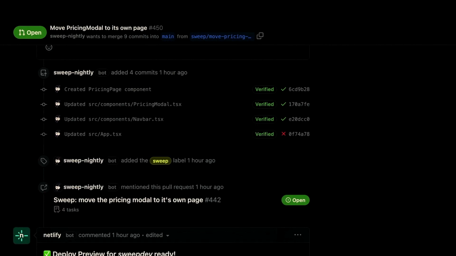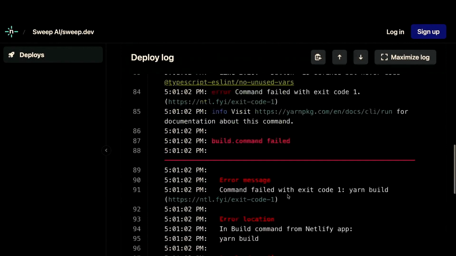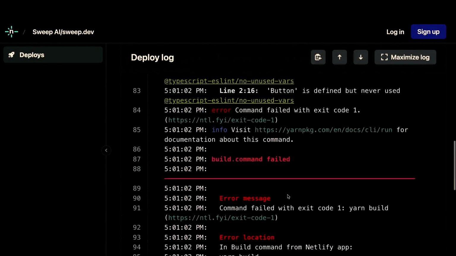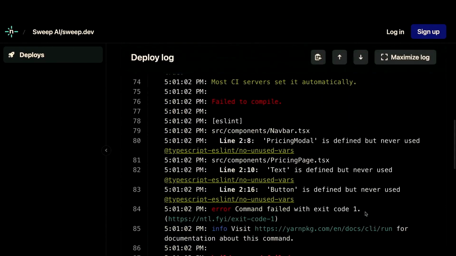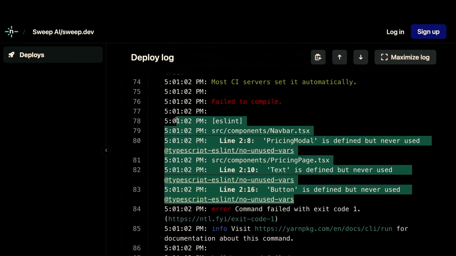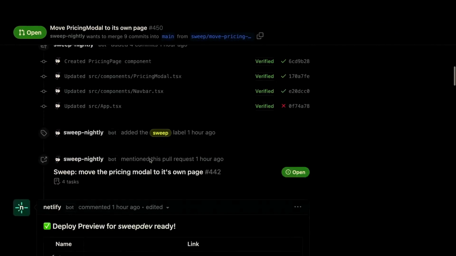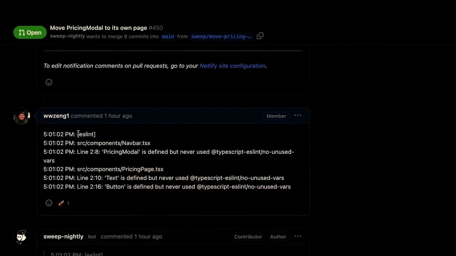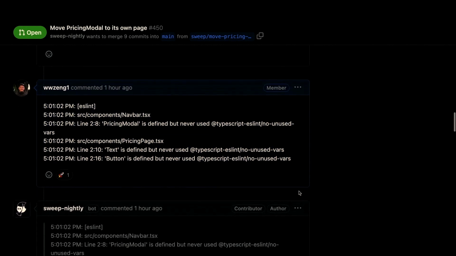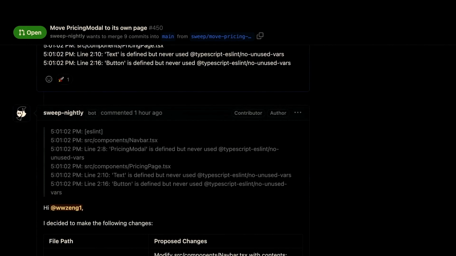So if I go to the error logs, I just looked at the step that was red, and then I grabbed all of these errors, and then I pasted it as a comment in the code. So you can see I was doing this an hour ago, right before I left at around 5. And then I gave Sweep this error. I didn't ask it to do anything actually. And then you can see